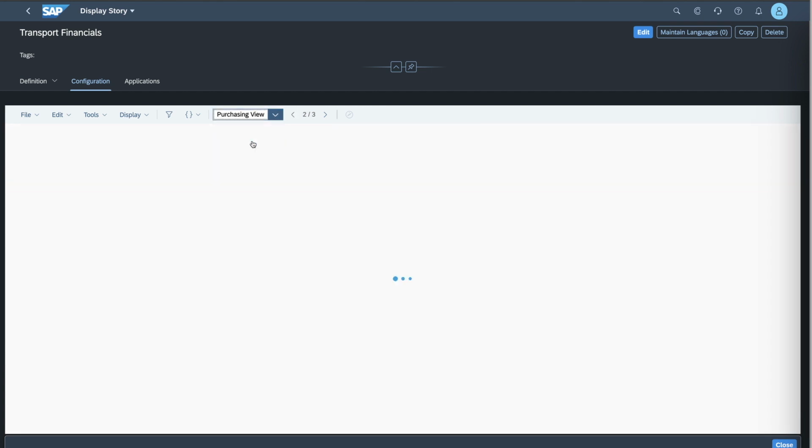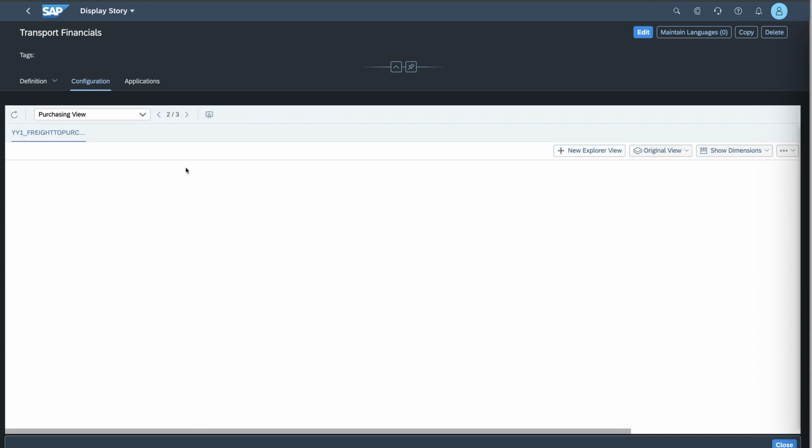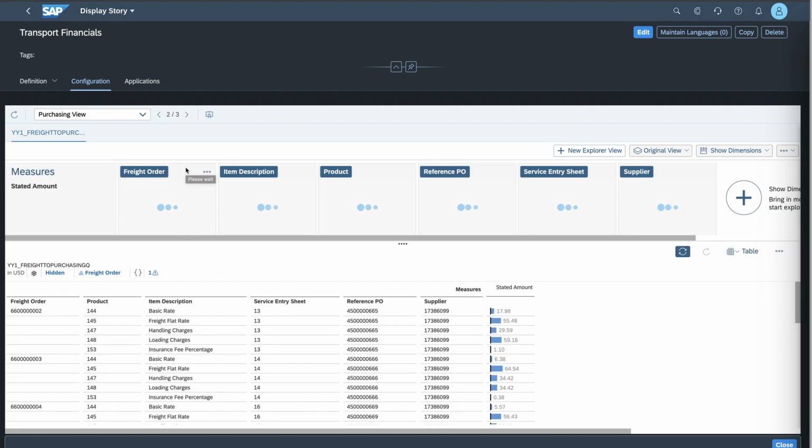In the next page over, we then have the purchasing view, and this will show us another custom analytical query that had been created to expose purchasing information, and again gives us a really good detail of the breakdown of the charges that we incurred whilst dealing with a particular carrier on a given freight order. What we've also done in this particular view is to enable the Explorer view, and as the name indicates, the Explorer view